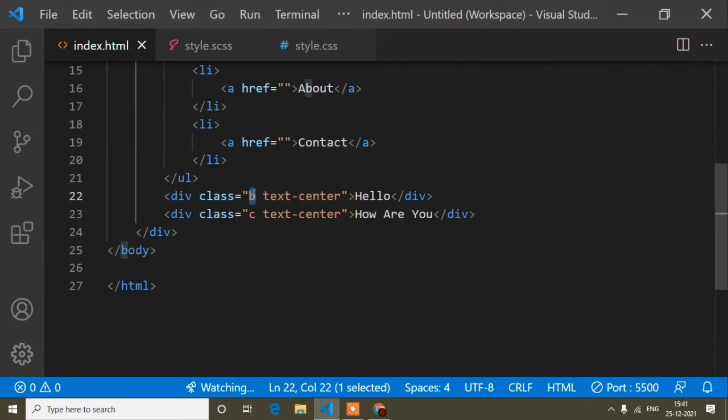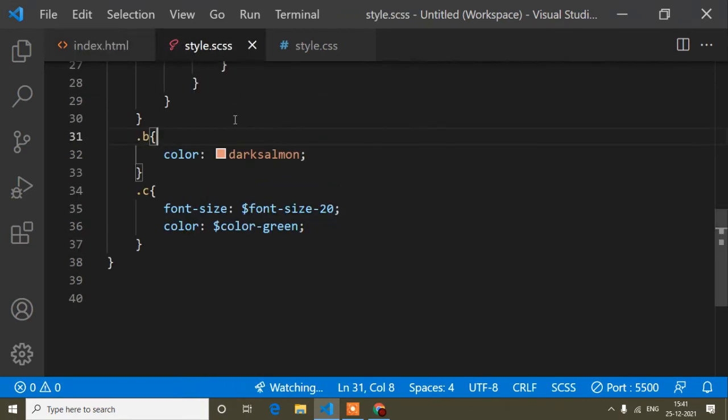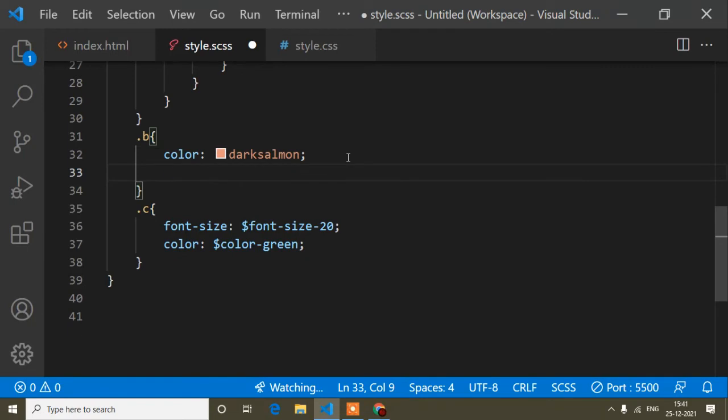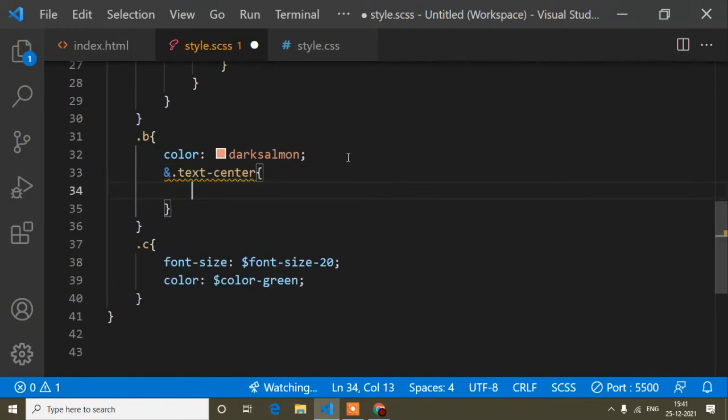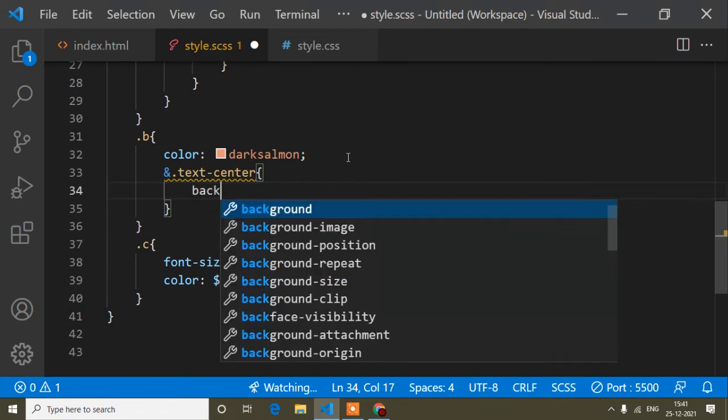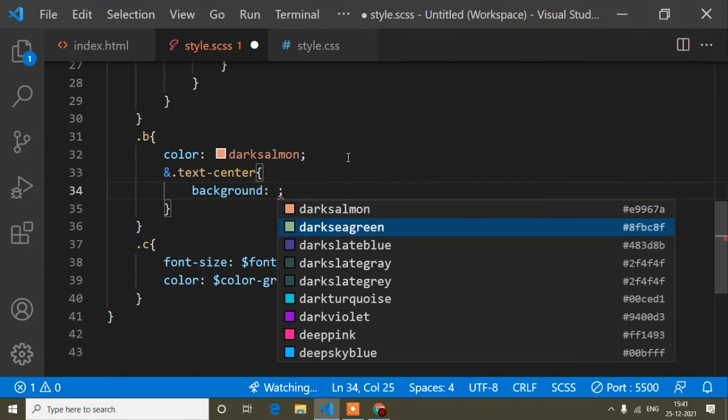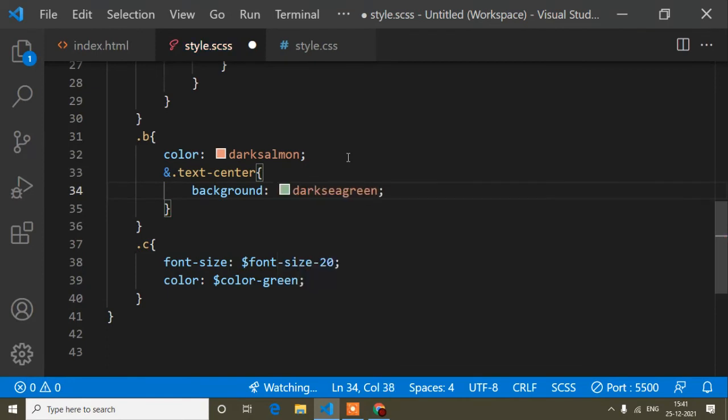So inside this b class, there is the text center. What I will do, I will just copy this text center. First of all, b and text center, same I will write, and dot text center class. Here suppose you want to add a background, so you add this background color.